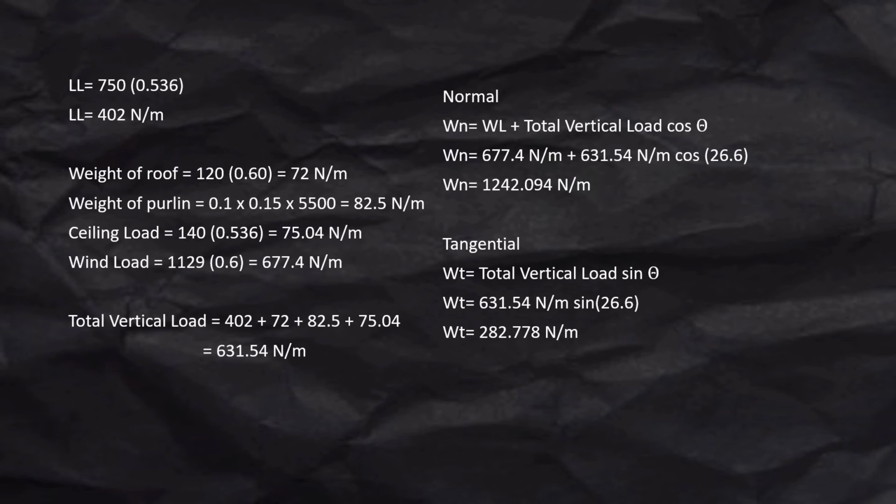For the normal, we're gonna solve it with the formula Wn is equals to WL plus total vertical loads cosine theta. Wn is equals to 677.4 Newton per meter plus 631.54 Newton per meter times cosine 26.6. And the normal weight is